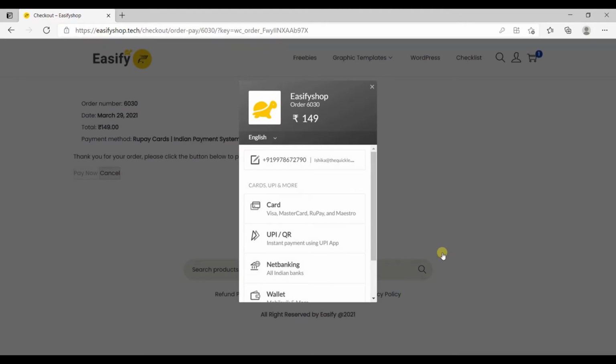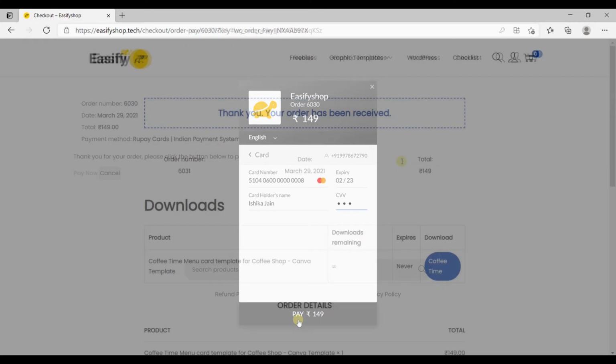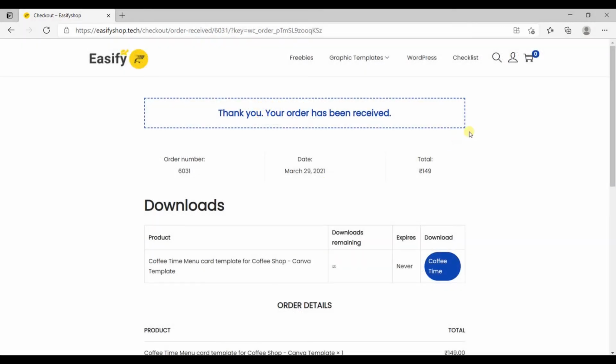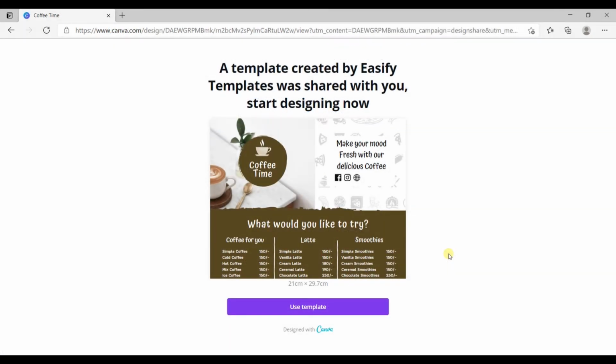Choose your payment method. I will go with a debit card. Enter your card details and make the payment. After making payment, you will be redirected to the order section. Click here to access your template. Click on Use Template